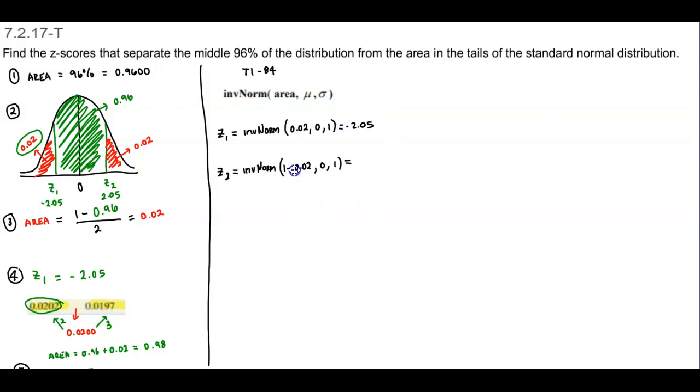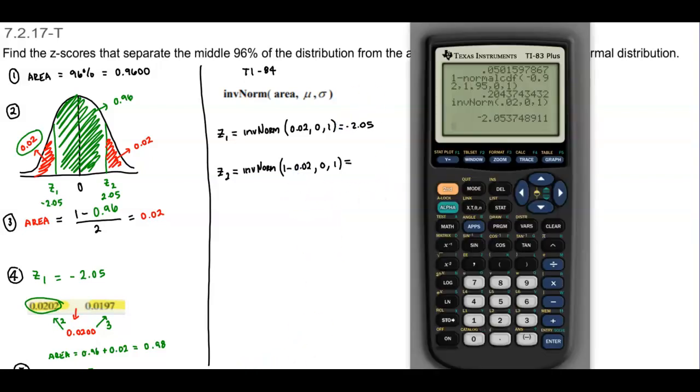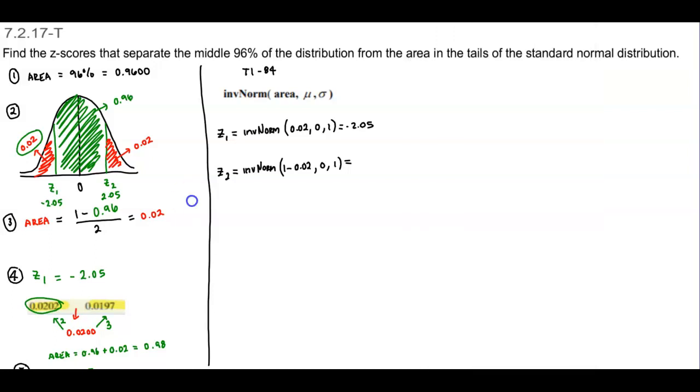And then over here, we're going to be using the area of 0.98. So 2nd Distribution, go back to invNorm. We can either write 0.98 or you can also write 1 minus 0.02, comma, the mean, which is 0, standard deviation of 1, and then you can see that that's going to give us positive 2.05. So that's using the TI-84 calculator. Now, if we want to use StatCrunch,